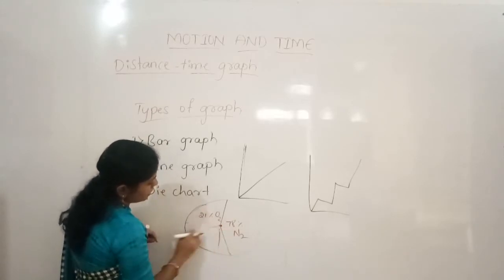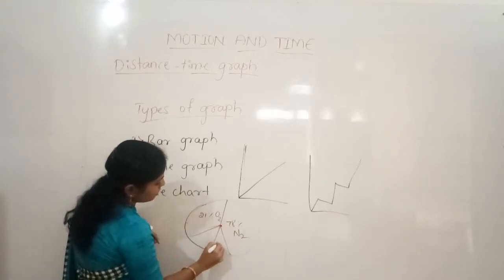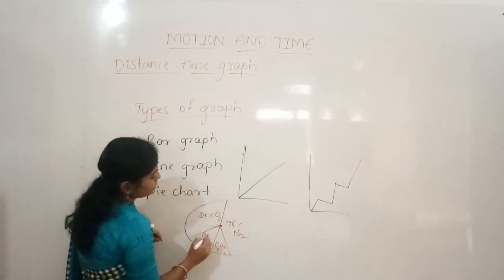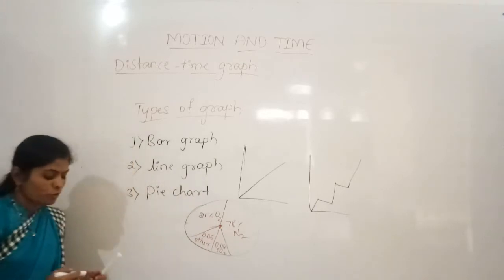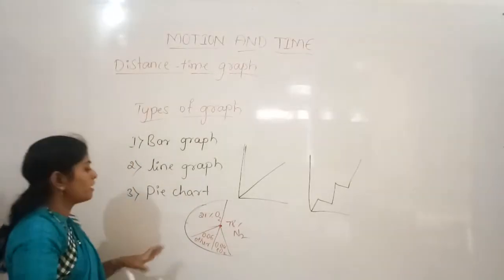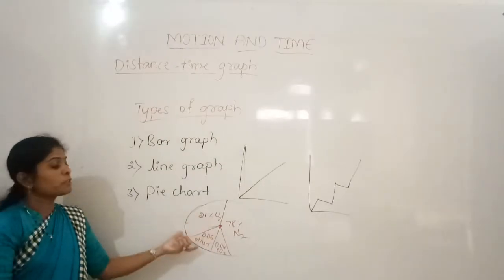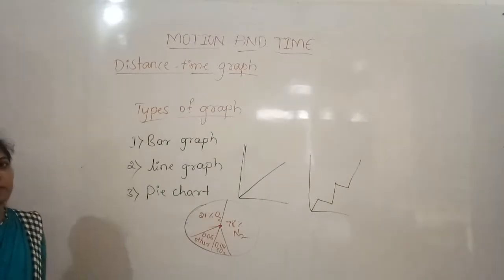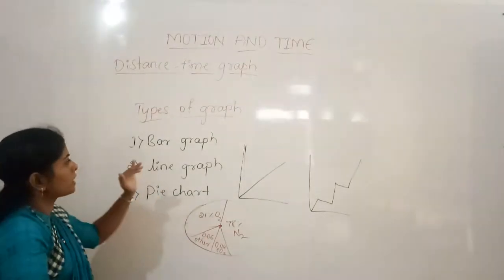Okay, and this one 21%, and then 0.04% carbon dioxide and 0.06% other substances. So this is the composition of air, and to show the composition of air we use the pie chart, which makes the task convenient and easy to understand, right? So this is how we can use the graph.